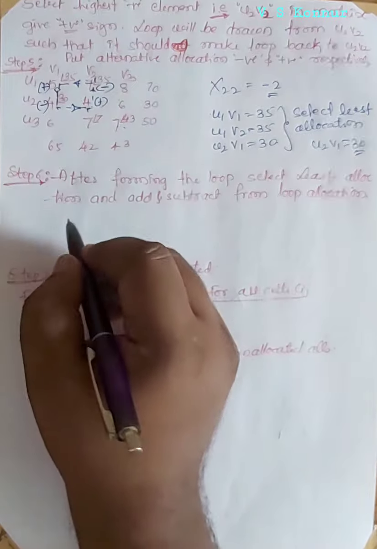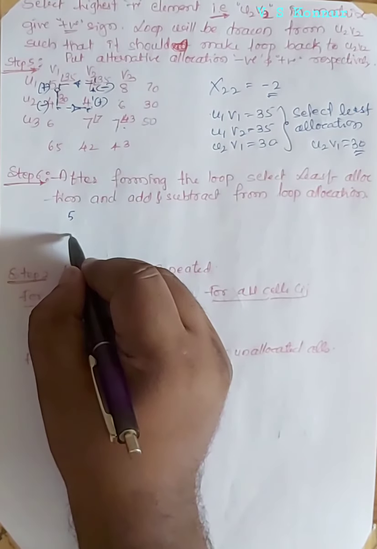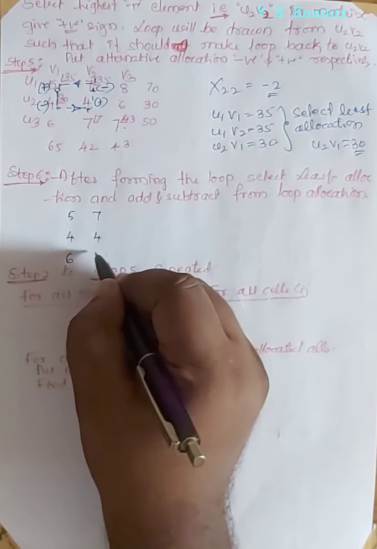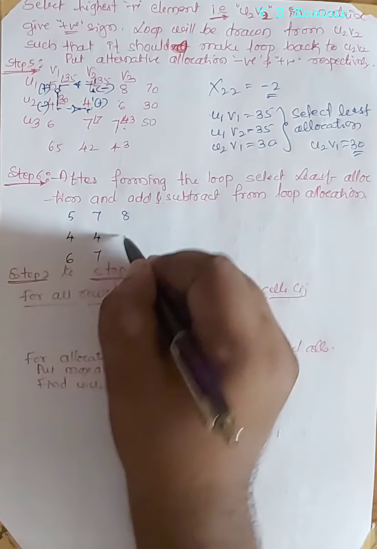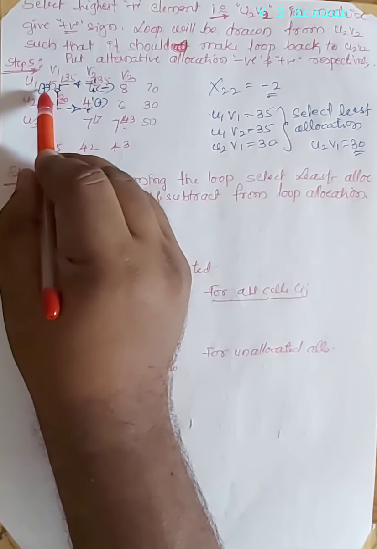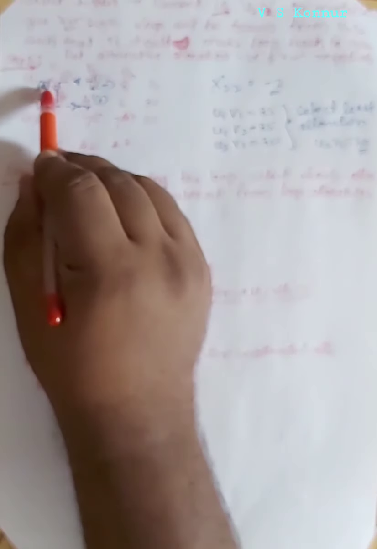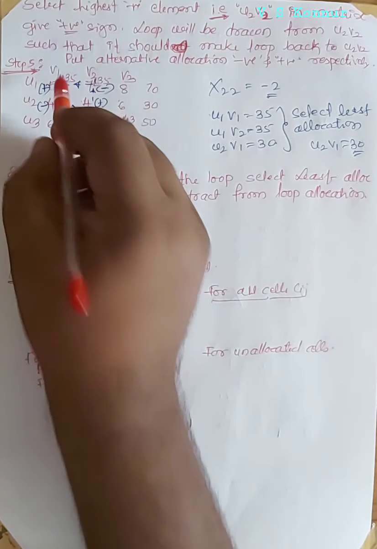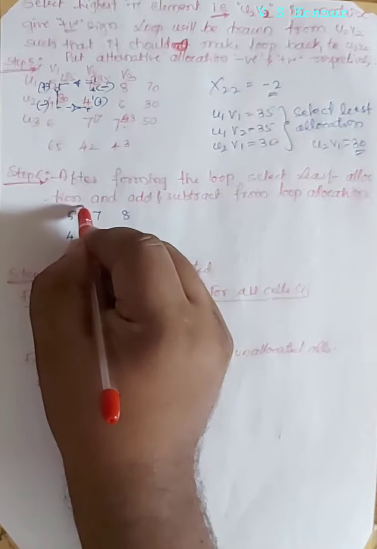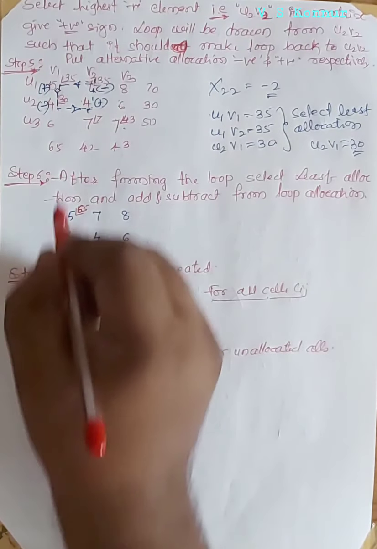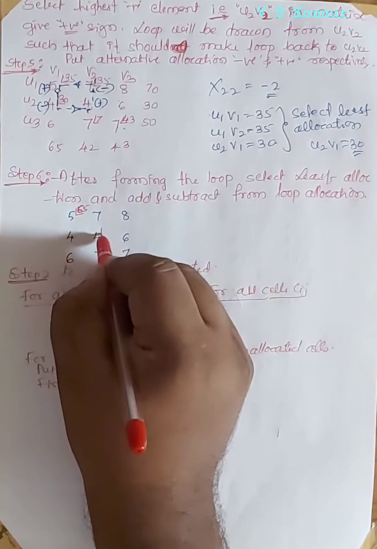I will write 5, 4, 6. Next it is having 7, 4, 7, 8, 6, 7. Now I will write wherever it changes. I will write 5. It is plus, from 4, 5 it is having plus, so 35 minus 30 is 5. It is having plus 30 plus 35, 65. Now it is having minus 30 minus 30, 0. No allocation for this. So 4 it is plus, it is having 30.